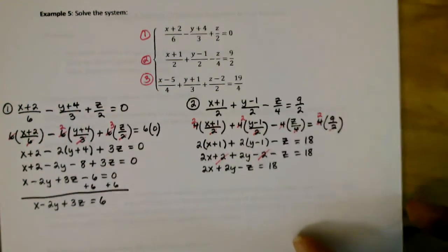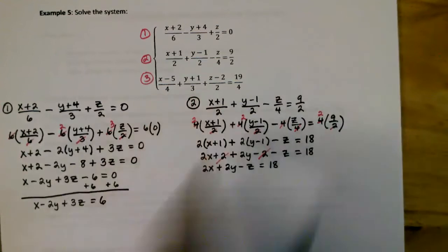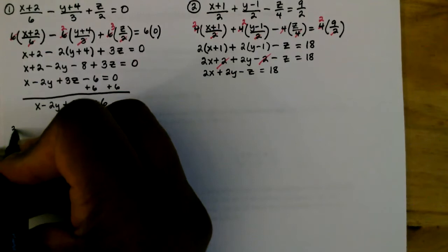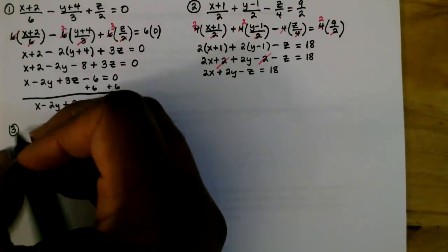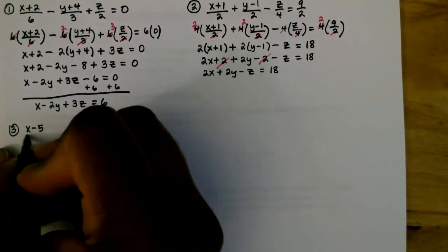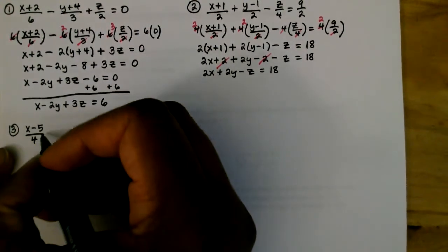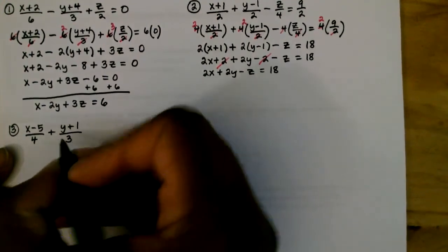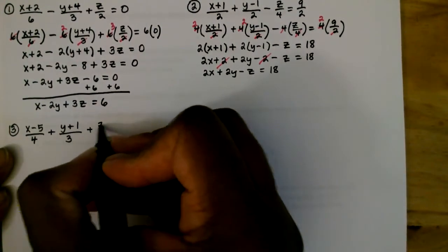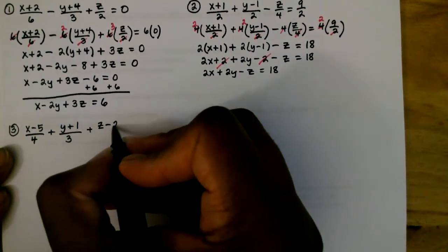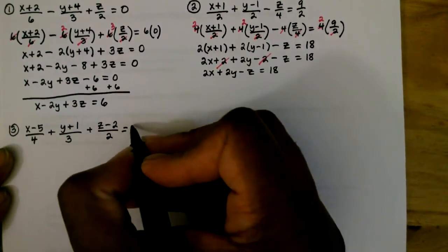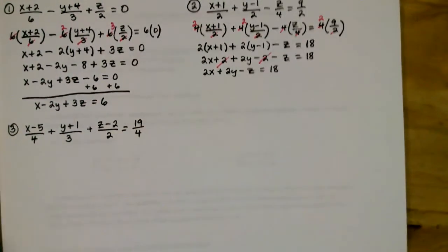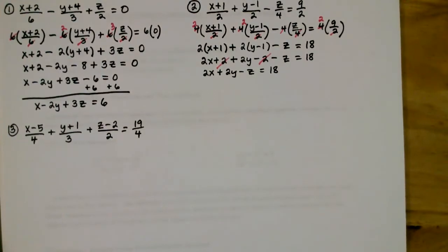Okay, now equation 3. Let me bring this paper down. I'm going to write down equation 3. That's (x minus 5) divided by 4 plus (y plus 1) divided by 3 plus (z minus 2) divided by 2 equals 19/4. Now I need to find the least common denominator for 4, 3, and